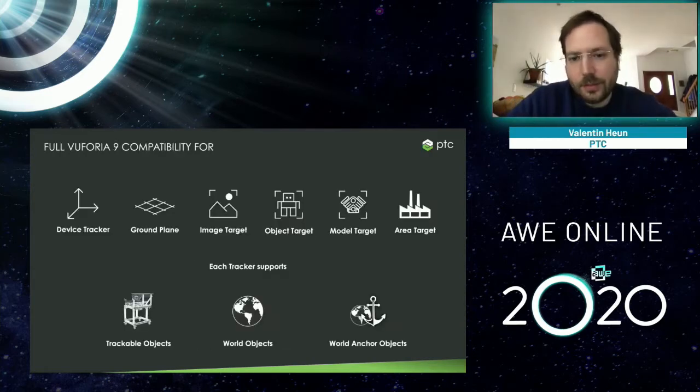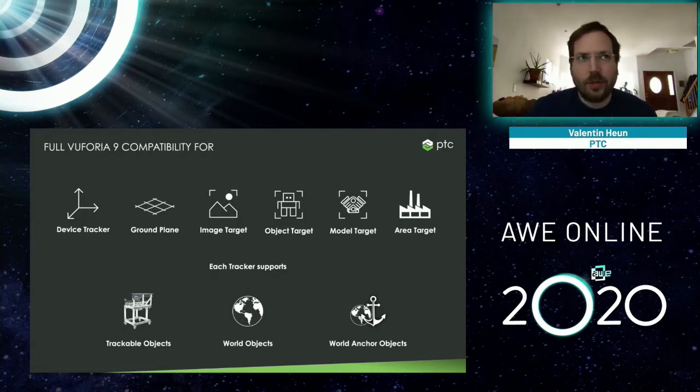It is fully compatible with the entire Vuforia Engine tracking capabilities, and it has the notion of trackable objects, things in the world that you want to interact with. It has world objects, entire spaces that you can populate with data and process against. And it has world anchors that are basically a mixture between trackable objects and world objects, so you can reference them against the world.